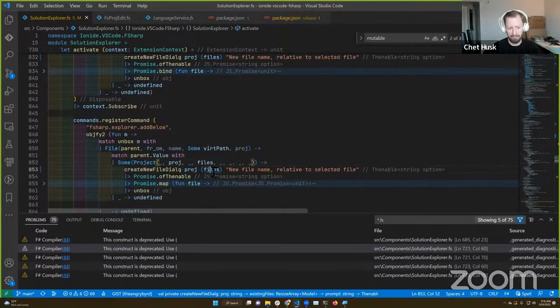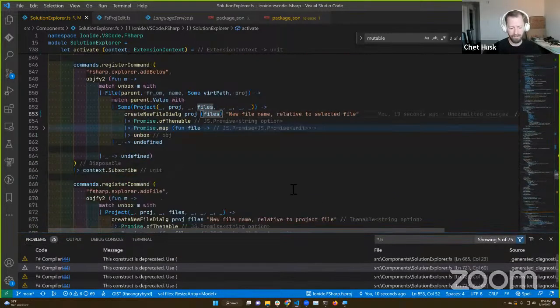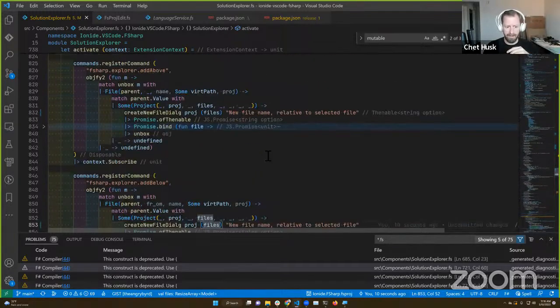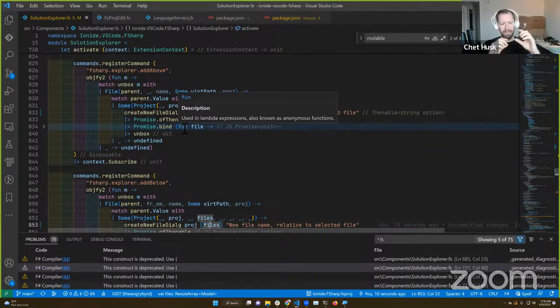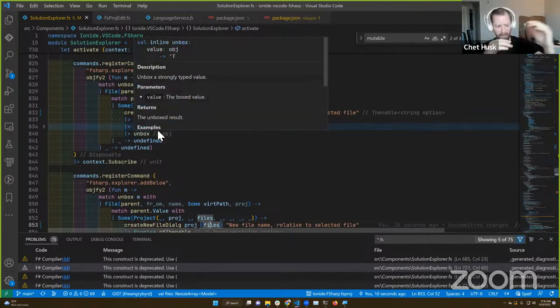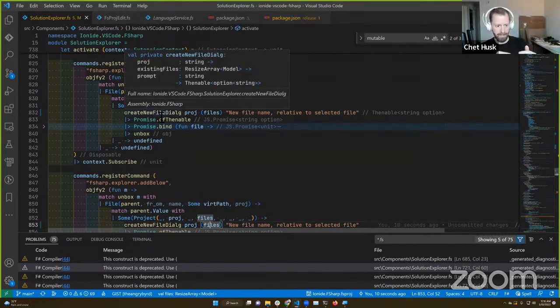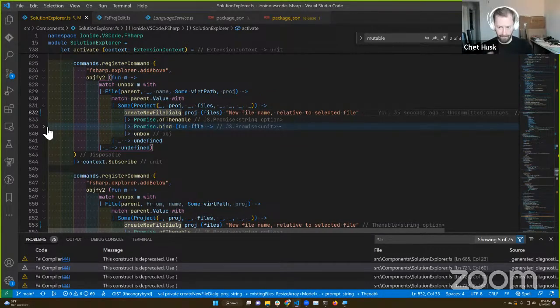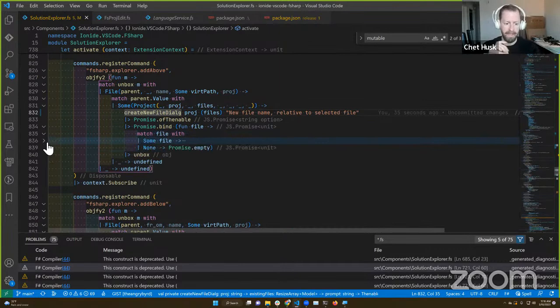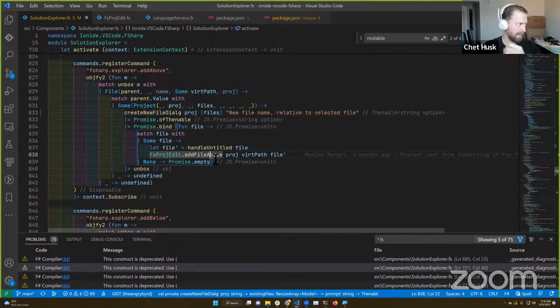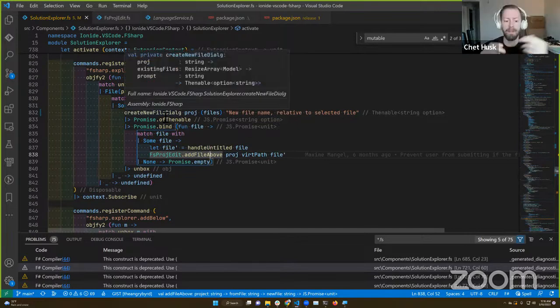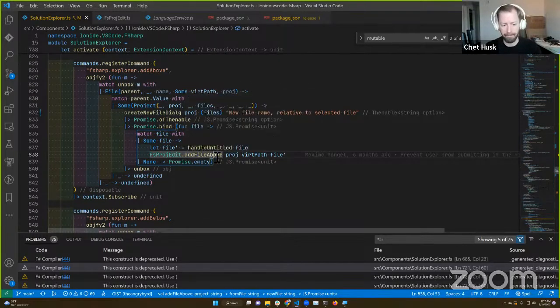So what did that get us? Nothing initially, but now we can try to do the optimistic thing that we're talking about, right? So I think for add below and add file, there's not an add above, is there? Oh, there is. Okay, so for all these adds, they all follow sort of the same pattern. Make sure we are in a project. Then if we're in a project, prompt the user for what their new file name is going to be. And then if they give us something workable, then ask FSAC to go do the thing.